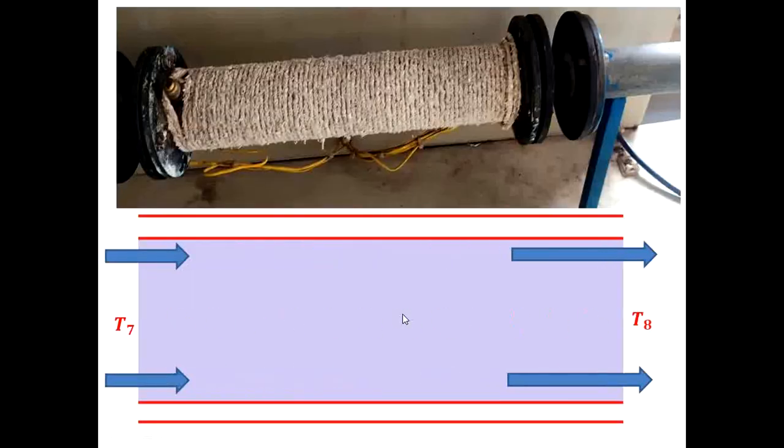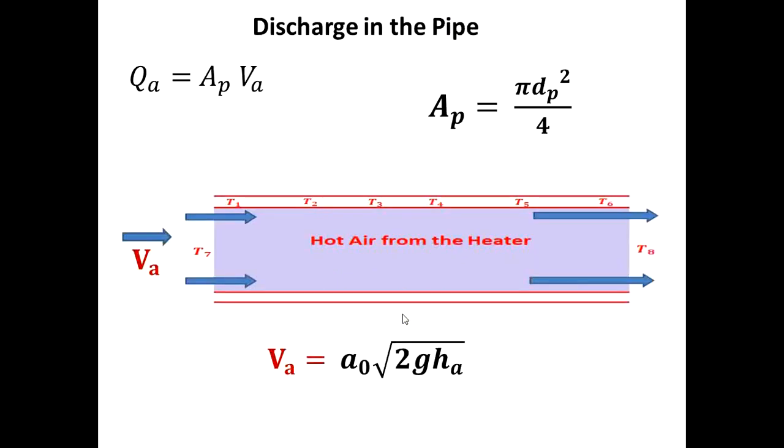The heater gives heat to the material and the air comes out cold, and the temperature is measured. Now if you want to find the Reynolds number, you need the velocity of the air in this pipe. Rho V d divided by mu is the Reynolds number formula, which you know very well. You only need to note the velocity. You can get the mu value from the thermal properties of air.